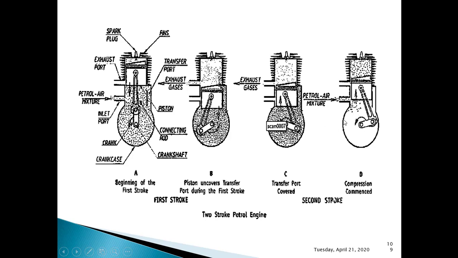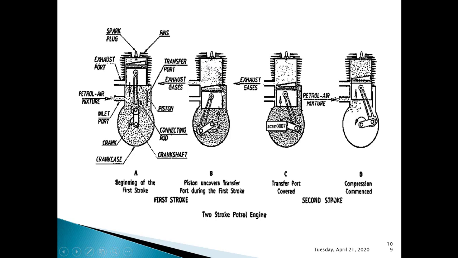Next, you need to write how the air fuel mixture will enter this engine cylinder. So we have seen here, you can see there. When the piston is moving downward, it comes somewhere here, and as soon as it uncovers this transfer port, the air fuel mixture from this crankcase will enter this combustion chamber or engine cylinder. That means when the piston is moving towards the descending stroke, it uncovers this transfer port. As soon as the transfer port gets uncovered, this partially compressed air fuel mixture in the crankcase will enter this engine cylinder through this transfer port.